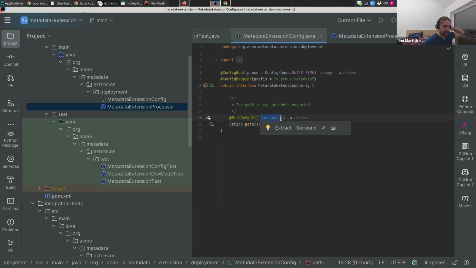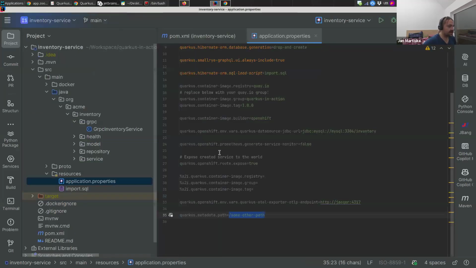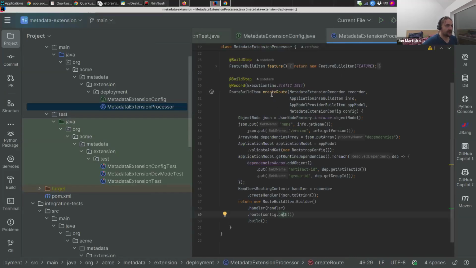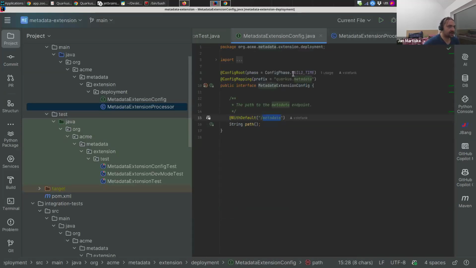But just like our example did, you see here quarkus.metadata.path. That's the code of the inventory service. We have quarkus.metadata.path overridden to some other path. But if we didn't have this here, then it would be exposed on /metadata. So the processor knows, and an important thing: